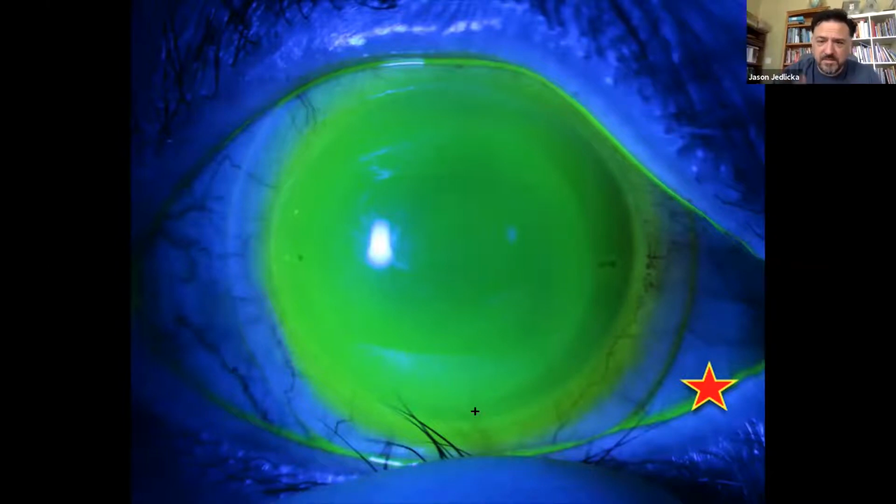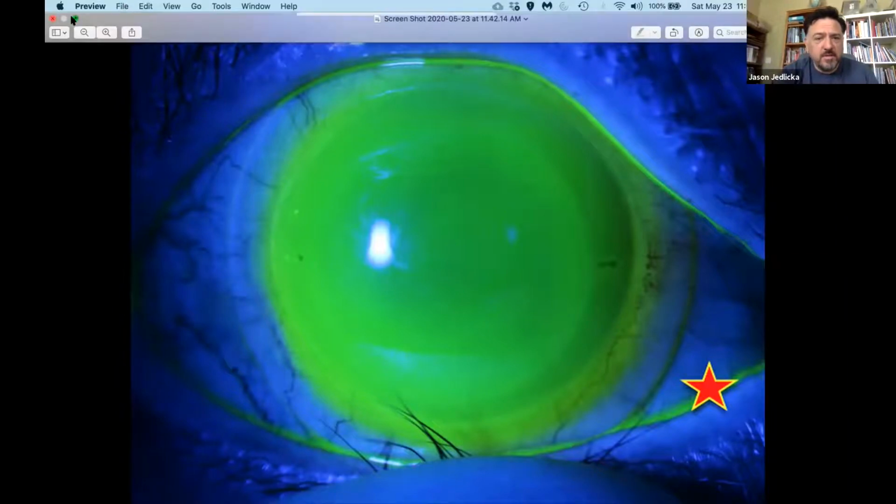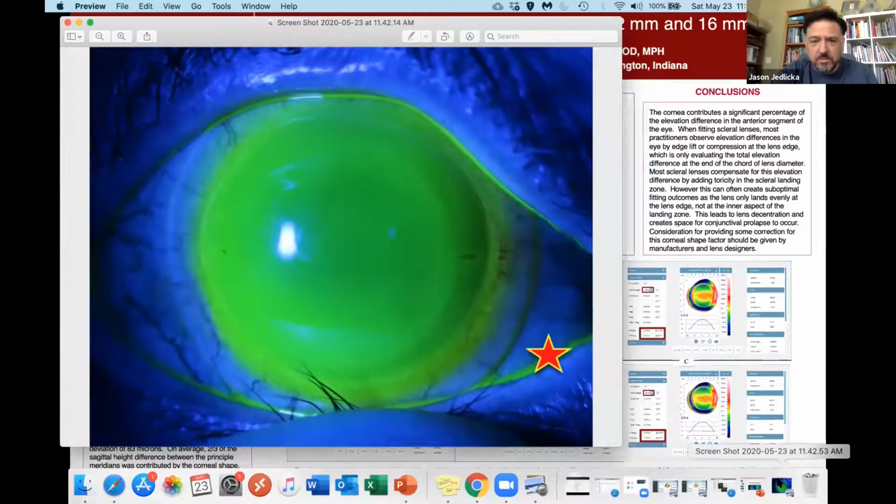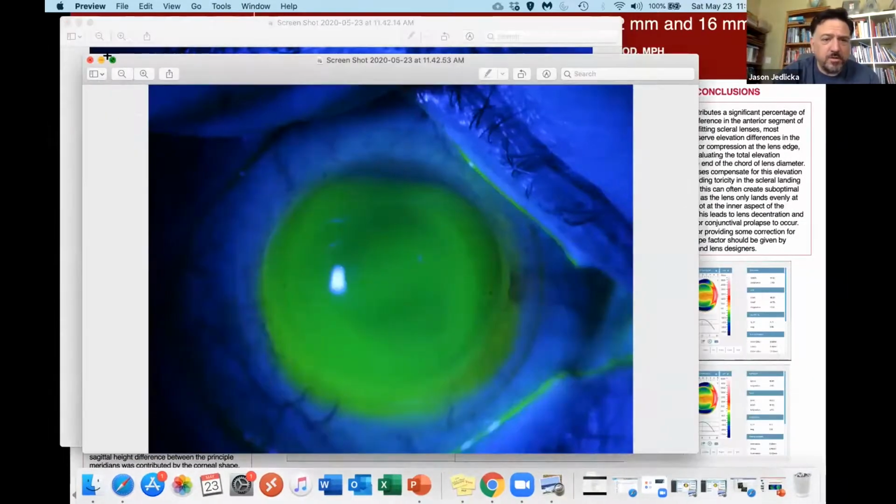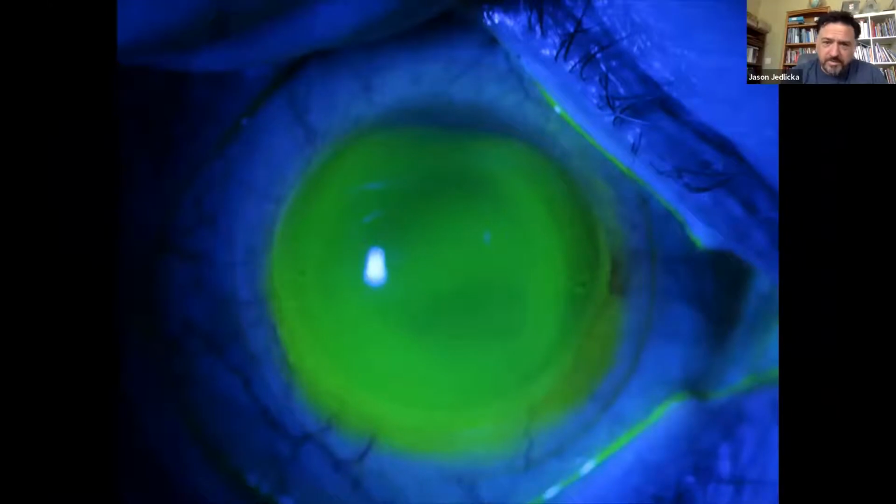And so this is the fit it gives us in many cases. It gives us a situation where we have excessive clearance in the vertical meridian and less so in the horizontal. And then what that ends up with is, once we don't hold our lens in a nice pretty position anymore, we end up with this thing, right? The lens drops because of gravity, and we get this inadequate clearance up above. And the reason for this, again, is really just because we're not landing on the eye in a place where the lens can grab onto the eye itself in a proper location.